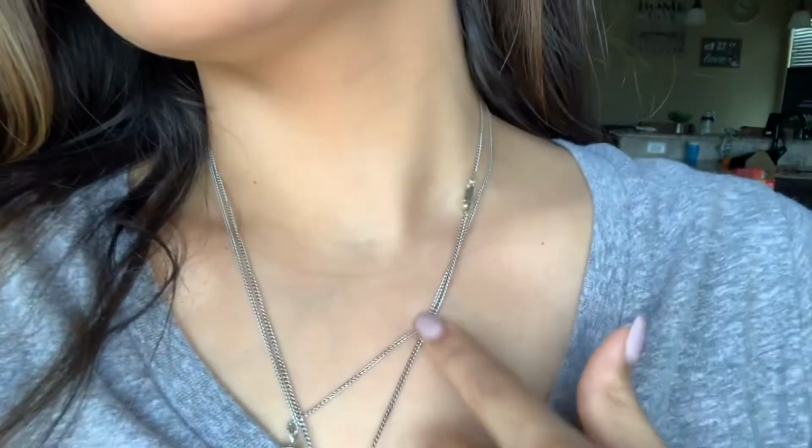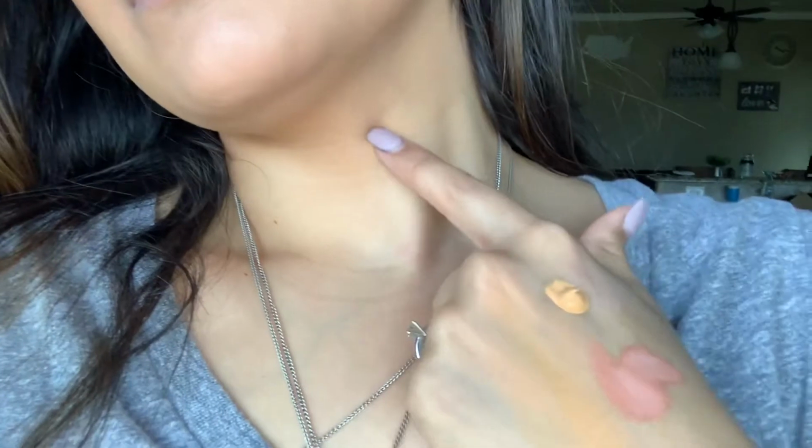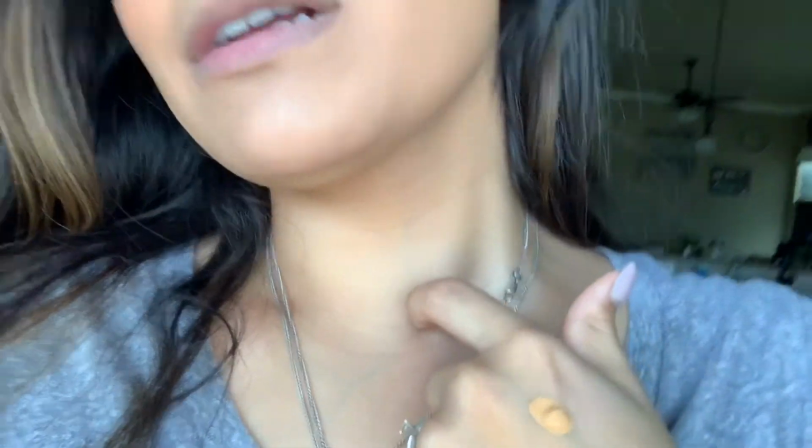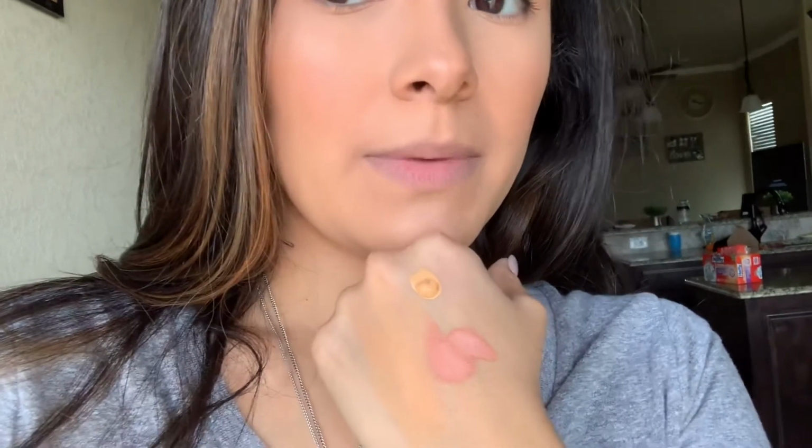Now, I am pretty pale and this color is still really not that bad compared to this, but I don't know, I still feel like I look kind of orange. It doesn't look that bad, but look at my hand. Look at the pump on my hand and tell me it's not starting to look really orange. I don't know. I mean, for $3, maybe,